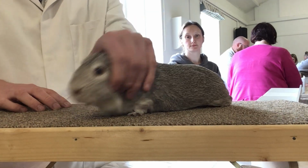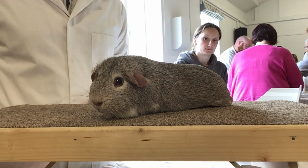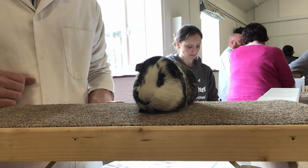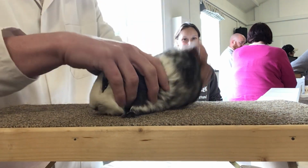So now it's our turn on the judging table, and first up we have the guide standard. We've got this lovely chinchilla, a very balanced pig. Then we had a magpie. The ears were a touch high, but as you can see from the belly, a nice straight line with some